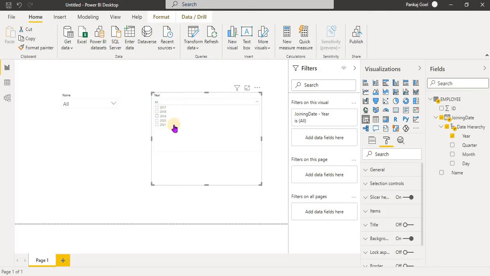But if I want to search in this area, Power BI does not provide you the search filter. It provides the slicer or more, less than or equal to, greater than or equal to, so we can use that. But with numeric values, Power BI does not provide you the search bar.